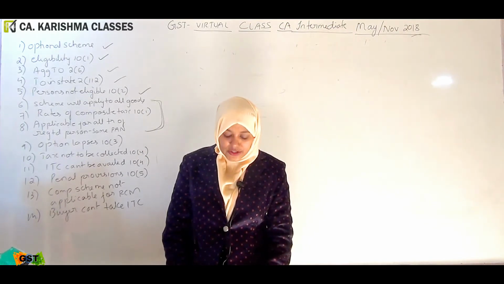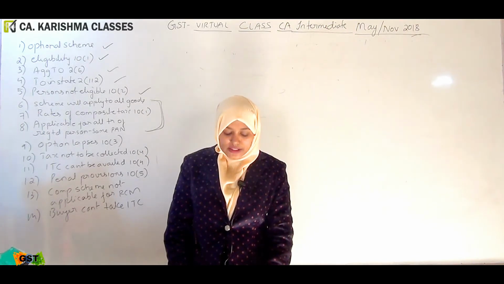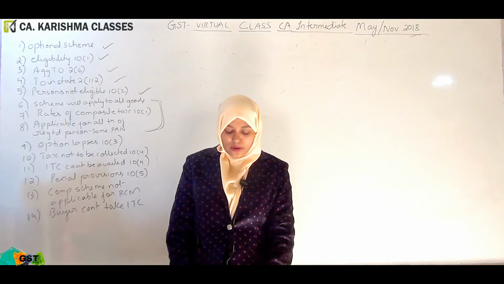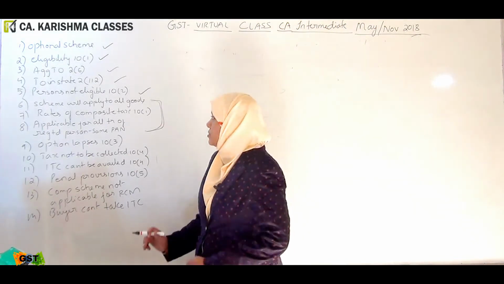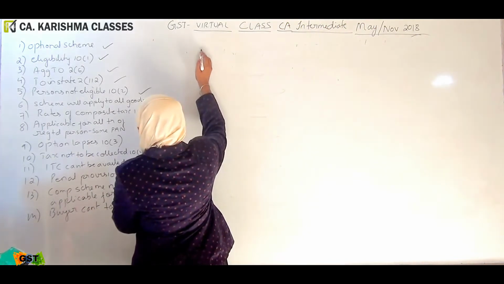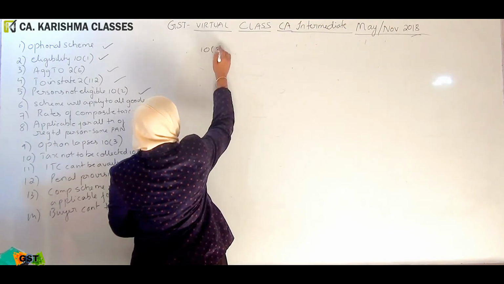Section 10 subsection 3 is telling that the benefit of the composition scheme can be availed up to an aggregate turnover of 75 lakhs in the current financial year. This option shall lapse with effect from the day on which the aggregate turnover exceeds 75 lakhs. So what we are writing here is section 10 subsection 3,